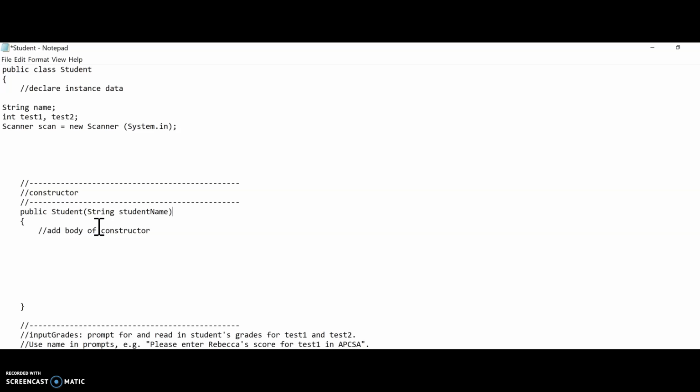And the actual parameter when it comes in on the method call is going to be the name of the student. So we can see we've got String studentName. Now we have to add the body for the constructor. And the body is just really going to be simple. We're going to take the formal parameter value and we're going to assign it to the actual